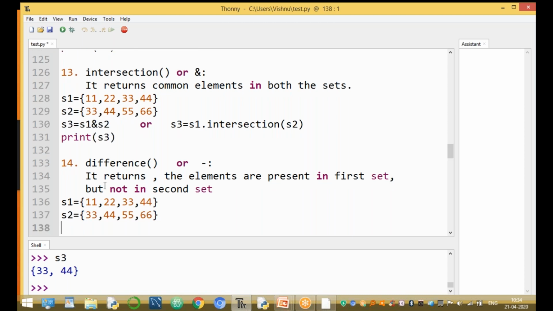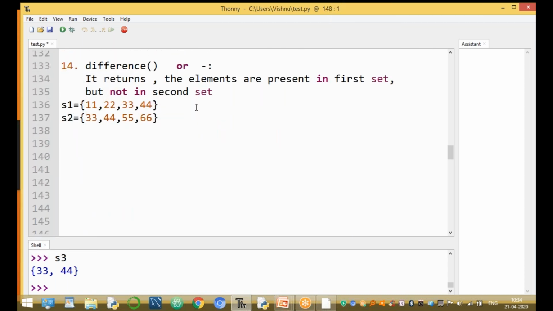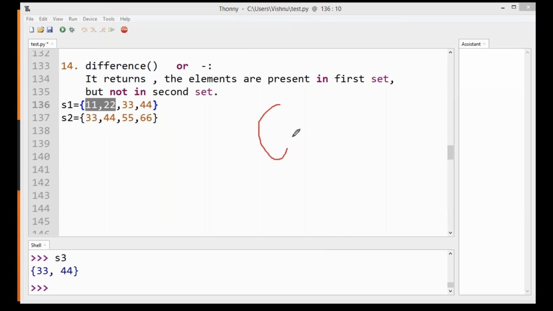The concept of the difference function: it returns the elements present in the first set, 11, 22, 33, and 44, but not in the second set. That means the output is only 11 and 22. This is the minus concept.